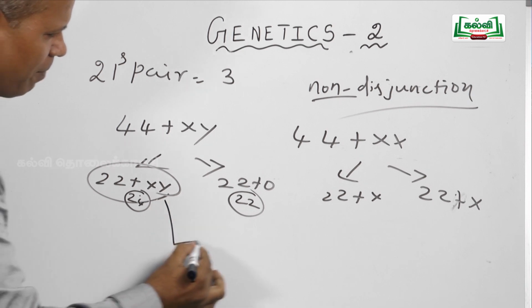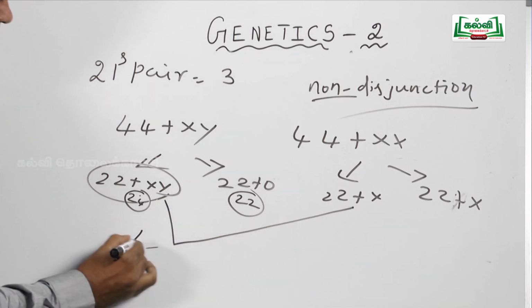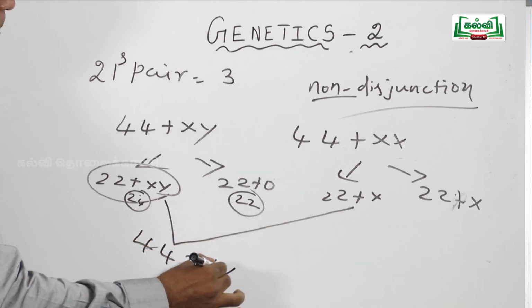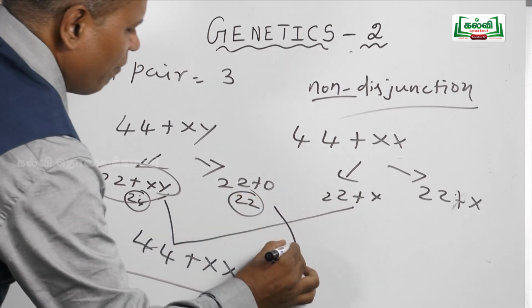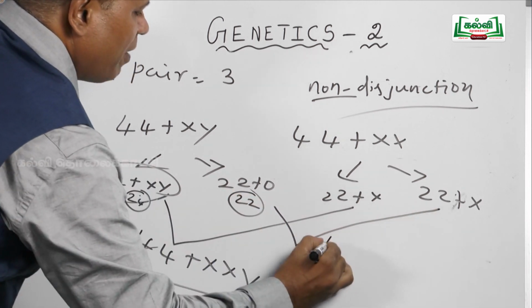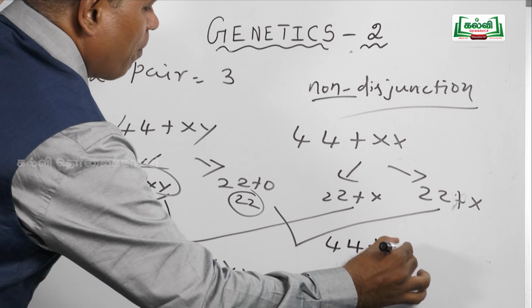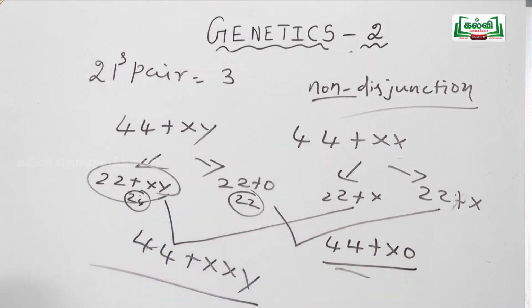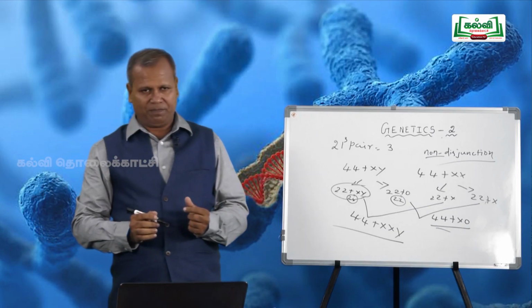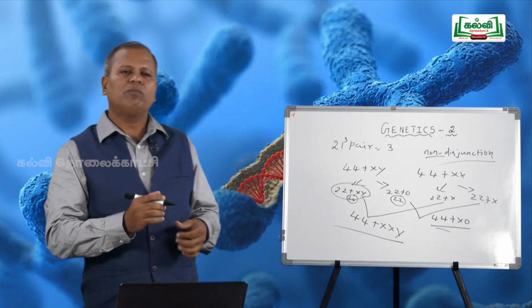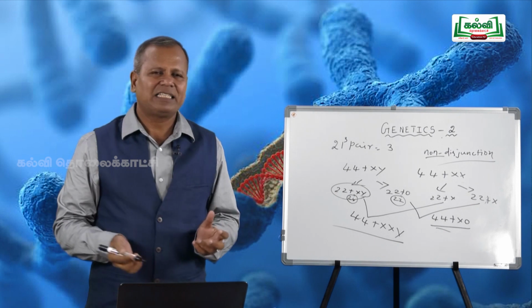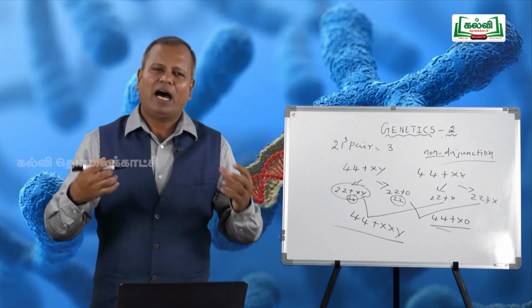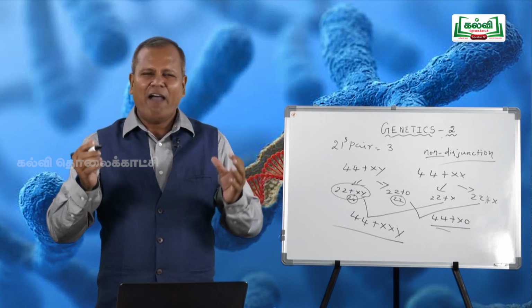This male gamete fuses with this female gamete, resulting in the formation of 44 plus XXY, Klinefelter syndrome, male sterility. And this male gamete fuses with this female gamete to produce 44 plus XO, Turner syndrome, sterile females. So, Klinefelter syndrome, Turner syndrome, Down syndrome or 21 trisomy, thalassemia, sickle cell anemia, agammaglobulinemia, everything is important